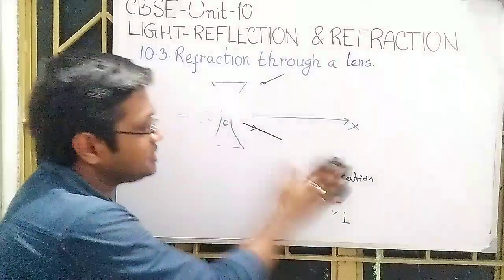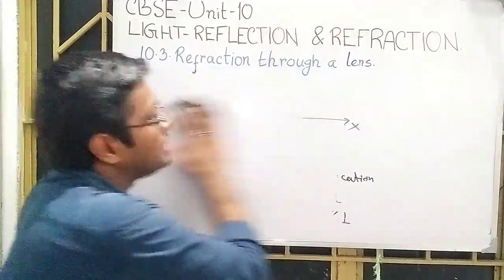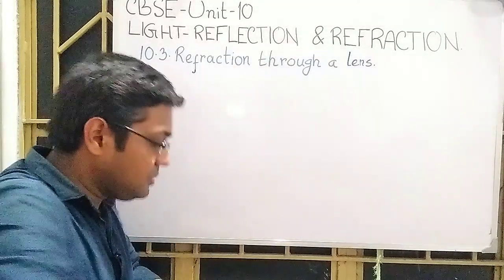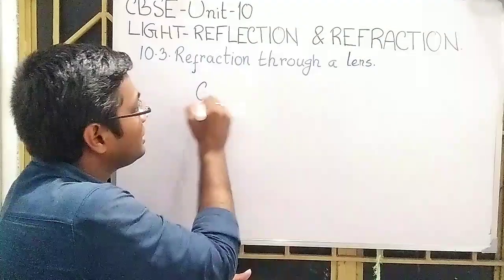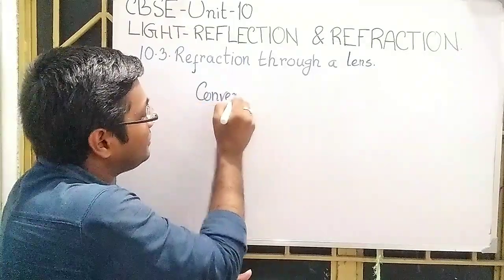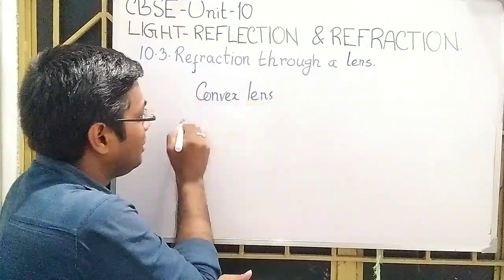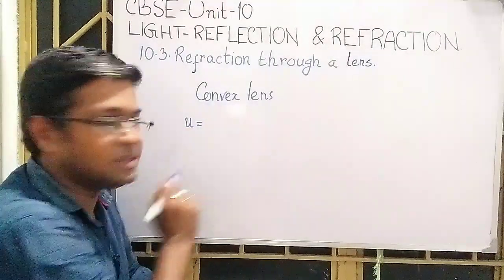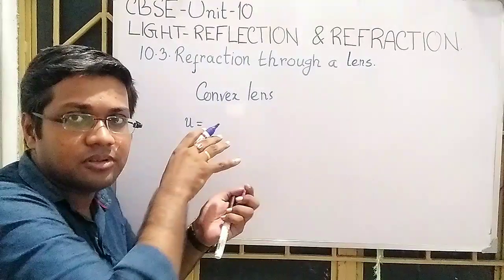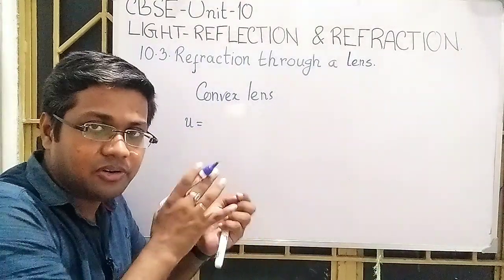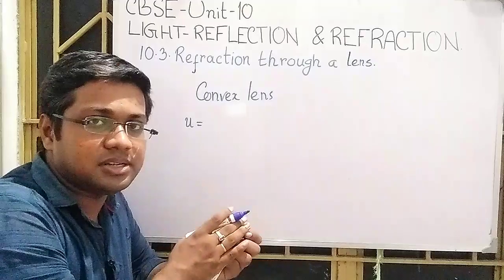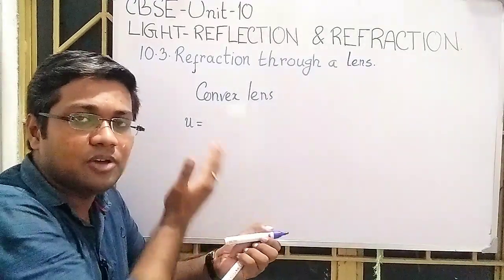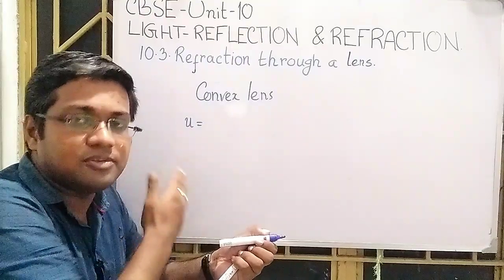the sign conventions in the case of the concave lens and the convex lens. So it will be something like that. In the case of a convex lens, at first we write U, which is popularly known as the object distance. Throughout the convention, throughout the drawing of the images, we have considered that the light rays come from left to right, and the object is always placed on the left side of the optical device.